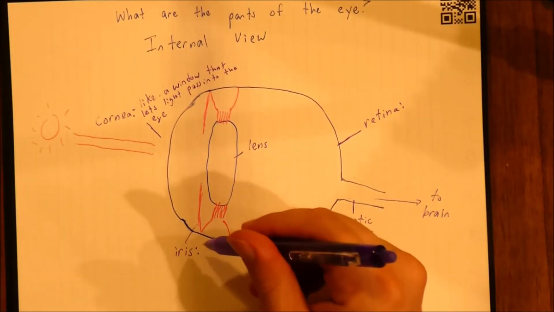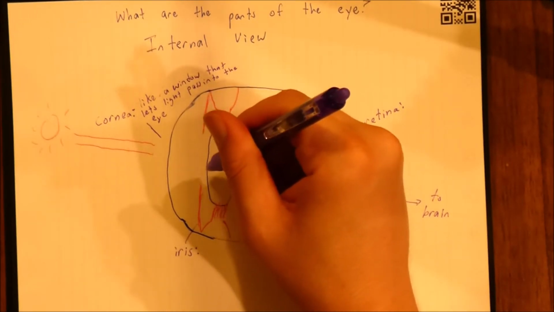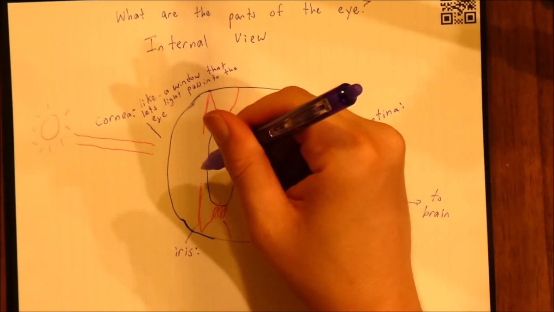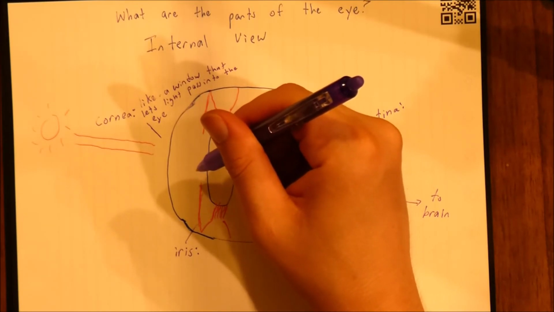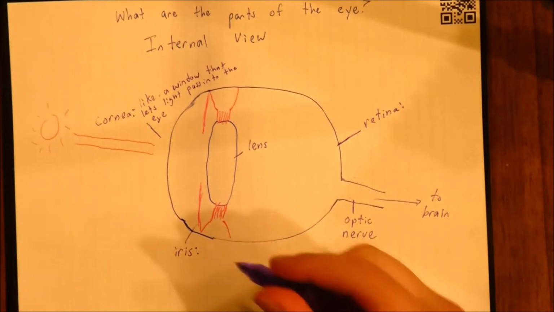So we already talked about the iris. Once again, the iris is in charge of either making the pupil bigger or smaller based on how much light your eye needs to enter to be able to see things. So there's the iris right there. That's the colored part of your eye. Now back here,